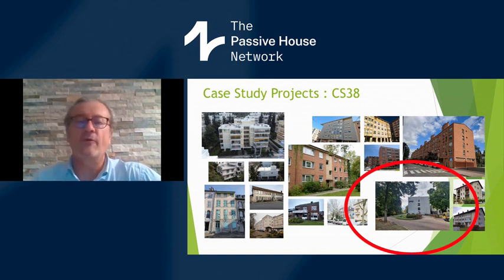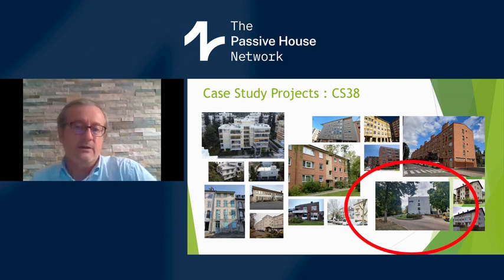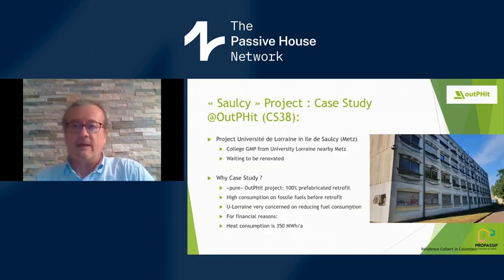Here you've got an overview of the different case studies in different countries, and we want to concentrate on the college GMP, which stands for Génie Mécanique et Productique, and you see on the right side of the slide the facade of this college. Well, the college GMP on the island of Saucy, nearby Metz, is a very standard